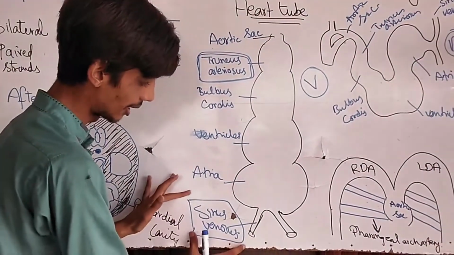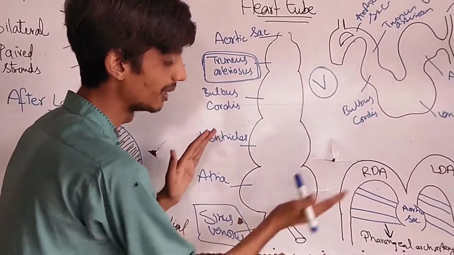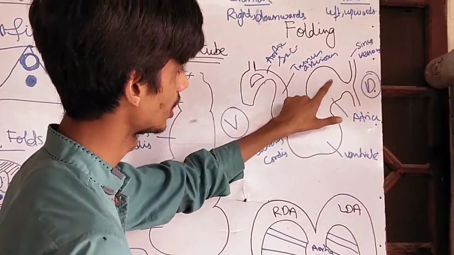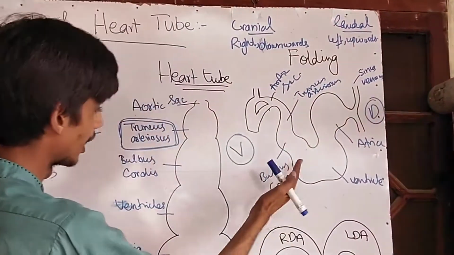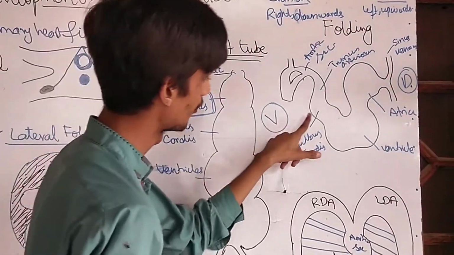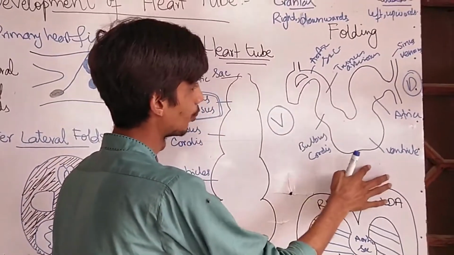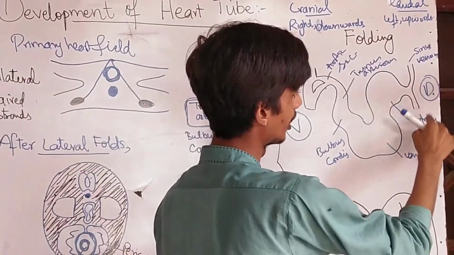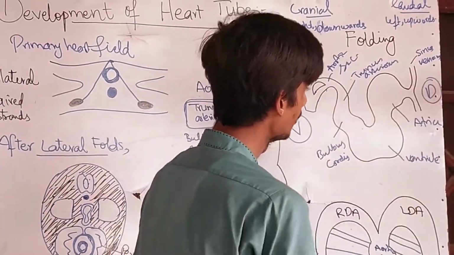Because of going dorsally, the sinus venosus and atria part will go backwards, it will move dorsally, backwards. The sinus venosus and atria will move backwards, and the other structures will be forward, meaning ventrally. This is the ventral part. The bulbus cordis, ventricles and truncus arteriosus are ventral, and dorsal are the atria and the sinus venosus, fine.